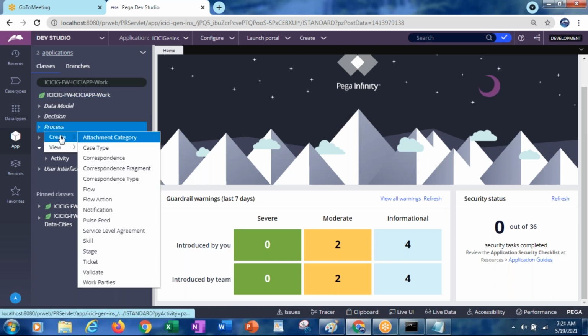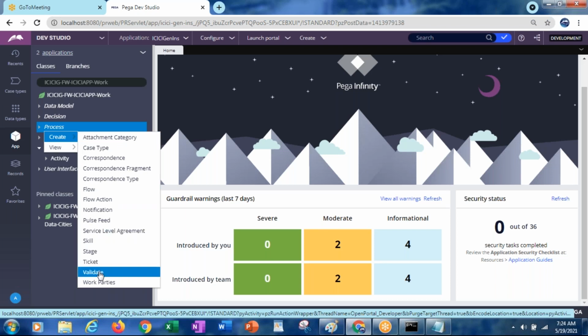Process, right click, create, validate. So obj validate rules are under the process category and the edit validate are under the data model category.